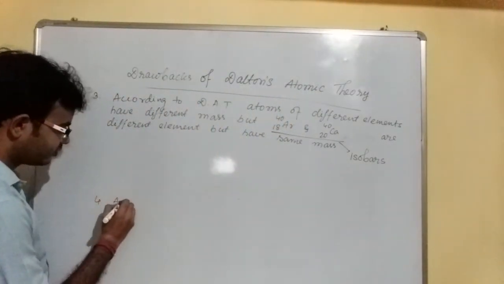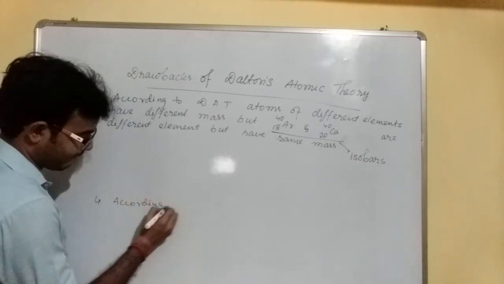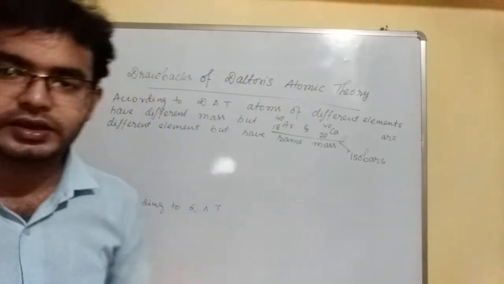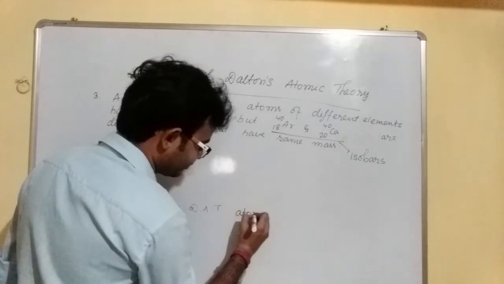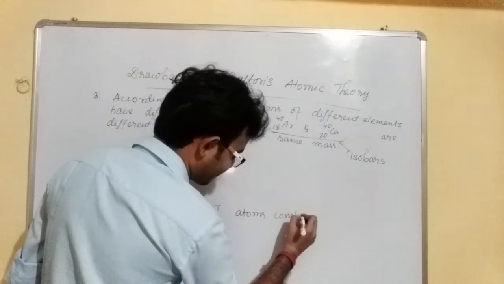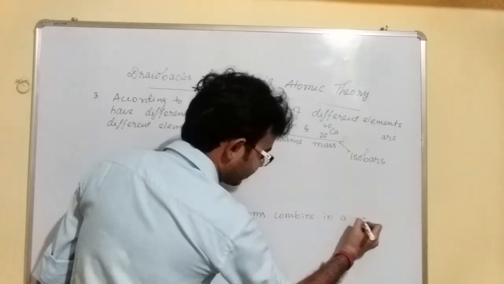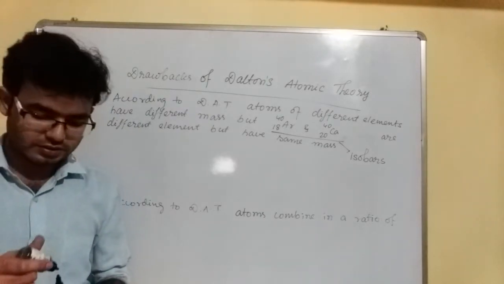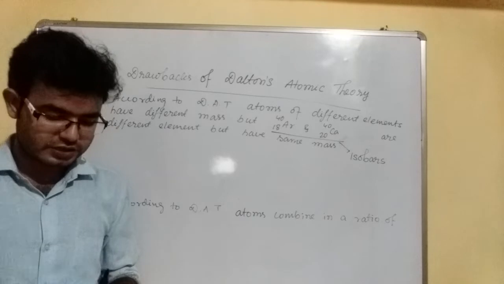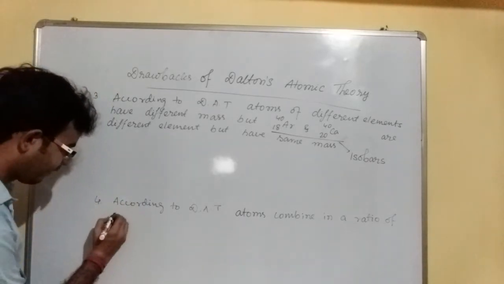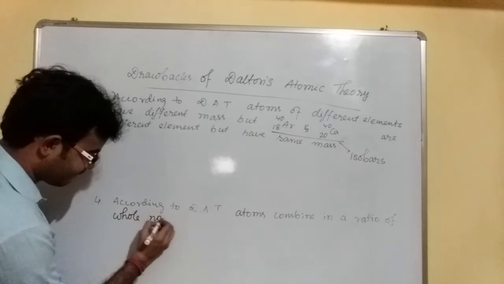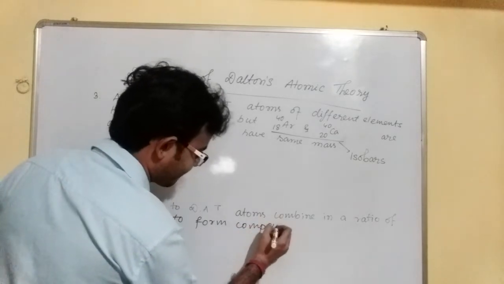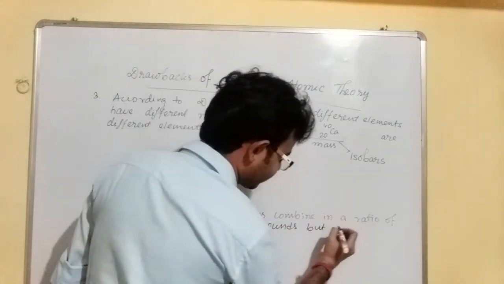Number 4. According to Dalton's atomic theory, atoms combine in a ratio of whole numbers to form compounds, but